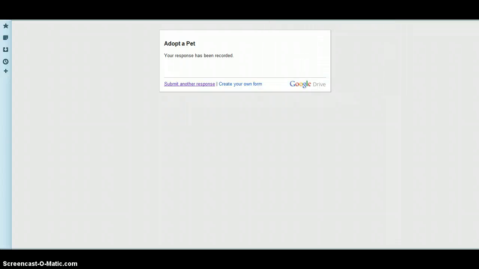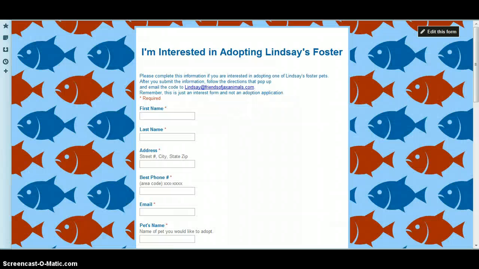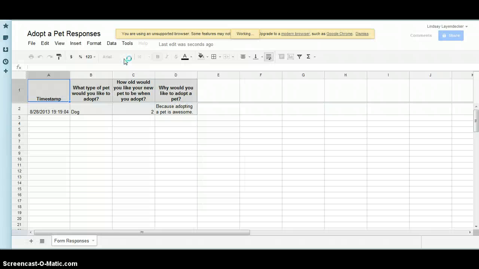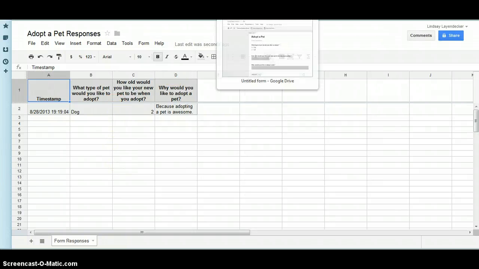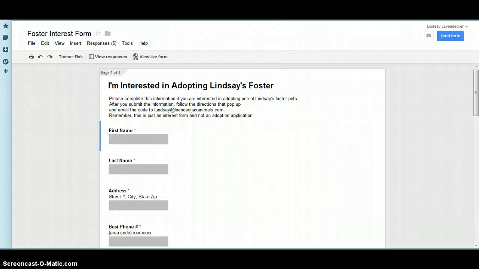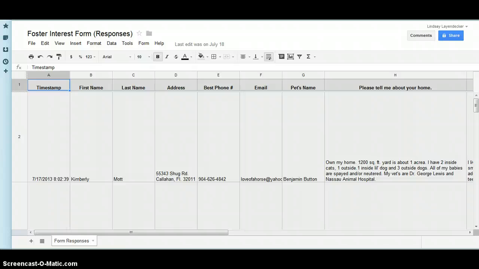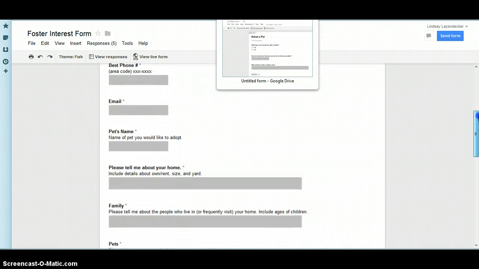And then if I want, I can go back to my doc drive. Where is it? I'm going to go to view responses. And cross your fingers that it will be in there. Yeah, so then it will collect all the information for me. So that's basically how you create a form on Google Docs. Like I said, I have one for people who want to adopt my foster, so that I can collect their information,